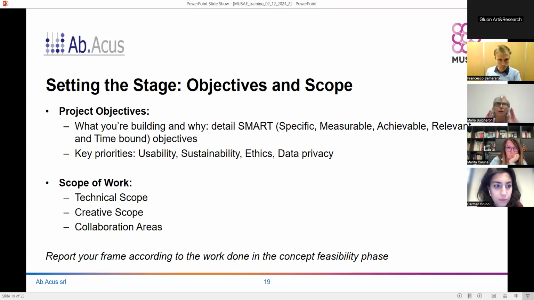Okay, so you have to decide what you want to do and prepare a list of what you want to do. And you have to decline your objectives in terms of different priorities. Usability, you have seen now with Francesco, but also ethics, first of all, because you have to guarantee an ethical development. You have to guarantee adequate data management. You have already done training on that, and you have to be sustainable, not only now, but also in the